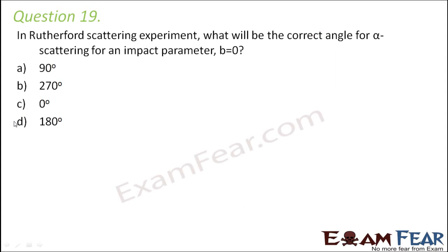Question number 19. In Rutherford scattering experiment, what will be the correct angle for alpha scattering for an impact parameter b equal to 0? Now, even before we start solving the question, let us first quickly recap what we mean by impact parameter. So, impact parameter is the perpendicular distance of the velocity vector of alpha particle from the central line of nucleus